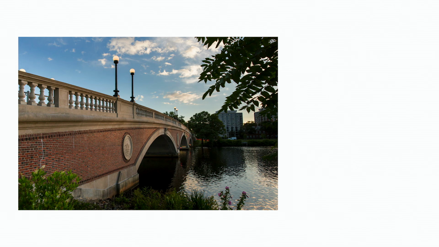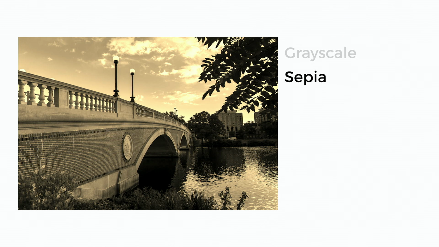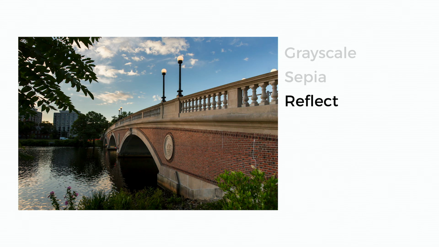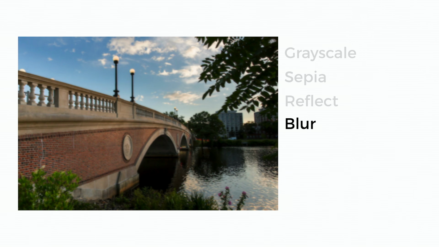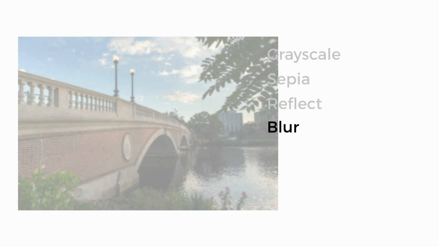Let's dive into filter. In filter, your task is going to be to take a bitmap image and apply some number of different filters to that image. You'll apply a filter to take an image and convert it into grayscale, making it black and white. You'll take the image and apply a filter to turn it into sepia, giving everything a reddish-brown, old-time feel to it. You'll take the image and reflect it, getting the mirror image of the original picture. And finally, you'll apply a blur filter that will take the image and soften it so the details are a little bit less clear. So these are the four parts of this project: grayscale, sepia, reflect, and blur.